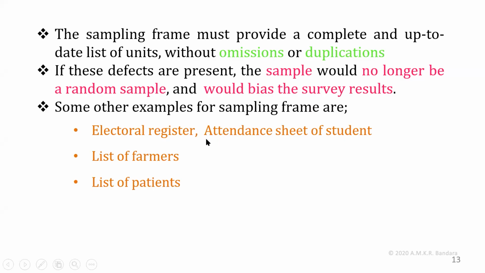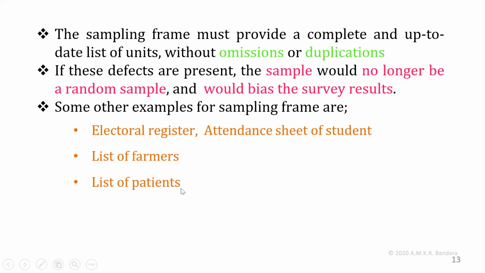If someone wants to know some characteristic of student population, then he can use attendance sheet as sampling plane. If someone wants to study the characteristic of farmers, then a list of farmers obtained from agrarian service division or some other place can be considered as sampling plane.